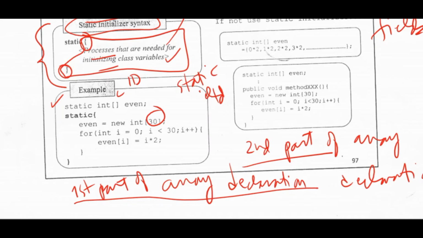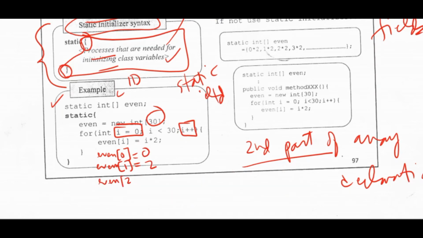The first iteration is when i is 0, so this sets the value of even 0. In the second iteration, we increment i, so this is now even 1, and we set it to another value. So even 0 is 0 times 2, this is 0. Even 1 is 1 times 2, this is 2. Even 2 on the third iteration is 2 times 2, this is 4, and so on, up to the last